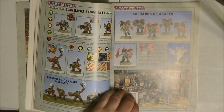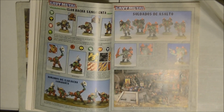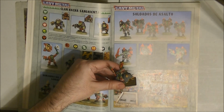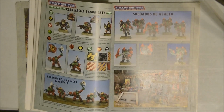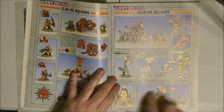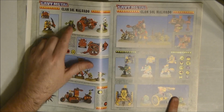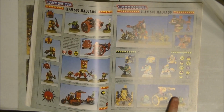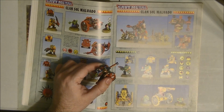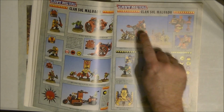I painted them with desert camouflage. Of course, everything was on 25mm, and the boar riders were on square cavalry bases. Here you see the different cannons. This was the Destructor Cannon. This is the tractor. And then, I don't remember, I think this was the Tricky Tracket Cannon or something like that. I don't know exactly what the name is in English, but here we have the previous